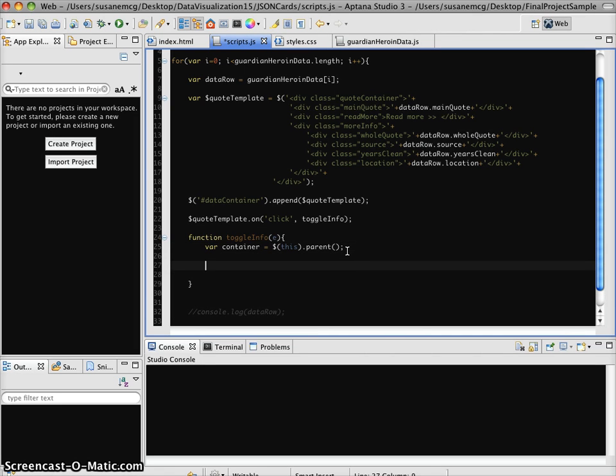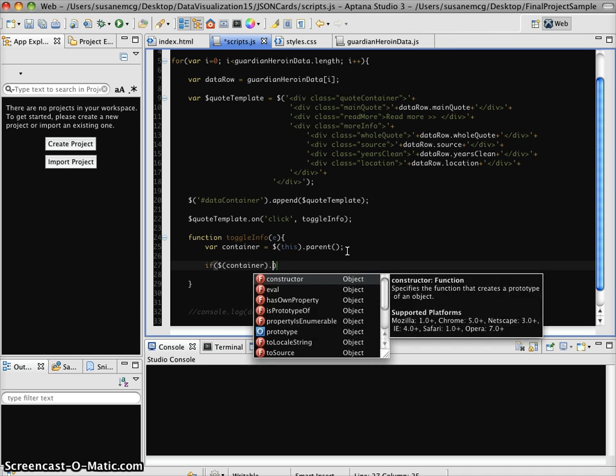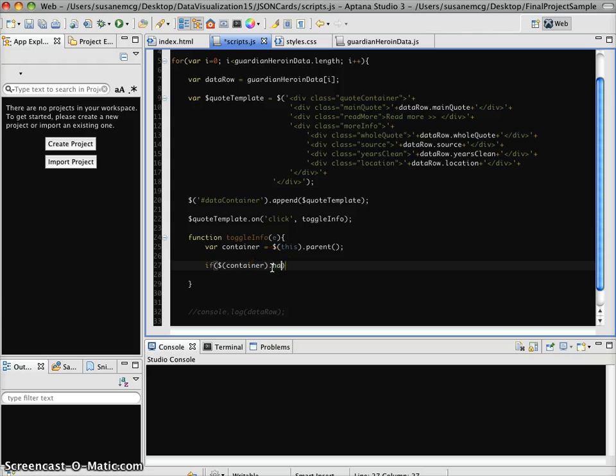And then we want to write this conditional statement that says if, and again, we're going to say container. We could also make container a jQuery object itself, right? So we could wrap it in a dollar sign and parentheses, but I find this clearer. So basically say if container has class, and we called ours expanded, right? So if it has this class called expanded,